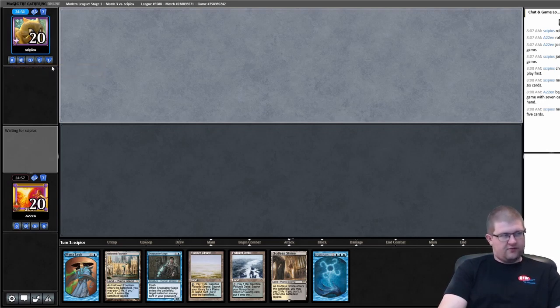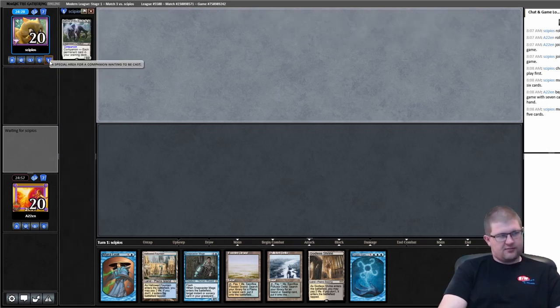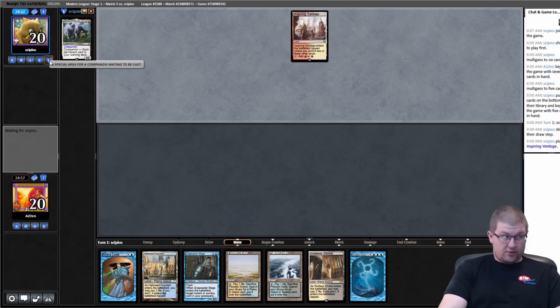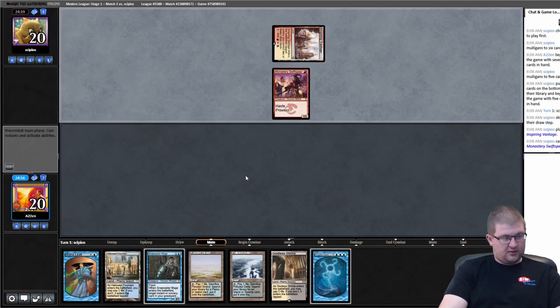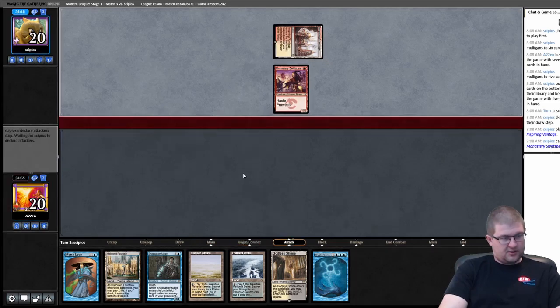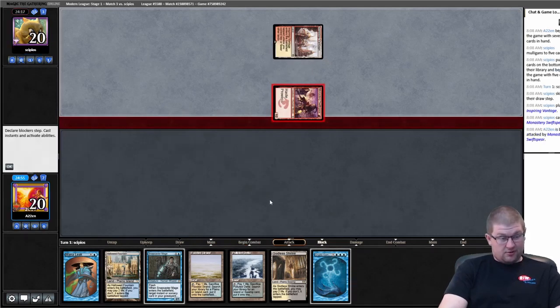Alright, Lurrus, and they've mulled to 5. That's interesting. Lurrus in Modern is like Boggles, I guess, makes sense. Usually it's Burn or Shadow. Looks like it's Burn, but on a mull to 5, that's fine. I accept. This hand's not great against Burn, but...